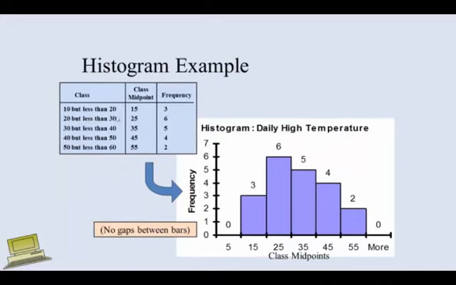डाटा कंस्ट्रक्ट किया था, अब हम क्या करेंगे 10 + 20 divided by 2, that will be 30 divided by 2, it will be 15। इस तरह 30 + 20 divided by 2, that will be 25। इस तरह हमने ये सारे क्लास के मिड पॉइंट्स कंस्ट्रक्ट कर लिए और यहाँ पे उनकी फ्रिक्वेंसीज हमें गिवन। ये फ्रिक्वेंसीज हम वाई एक्सिस पे रखेंगे और जो मिड पॉइंट्स है हम उसको एक्स एक्सिस पे रखेंगे, और हम